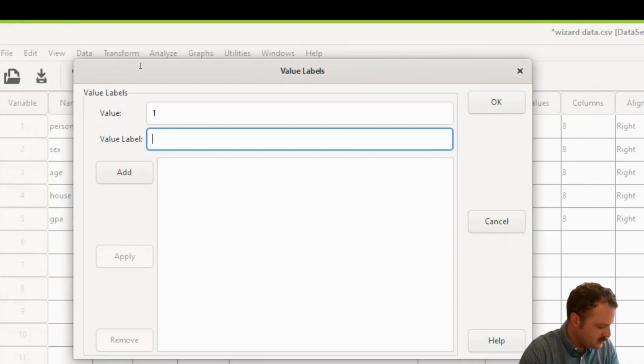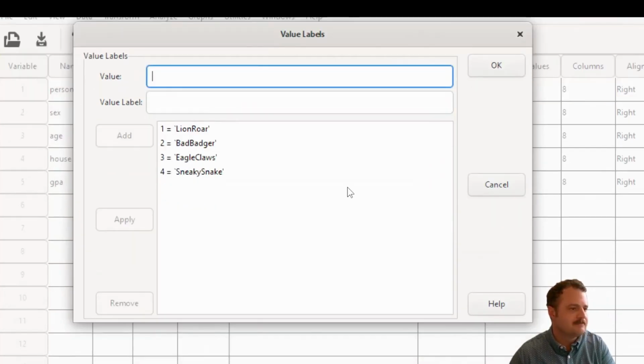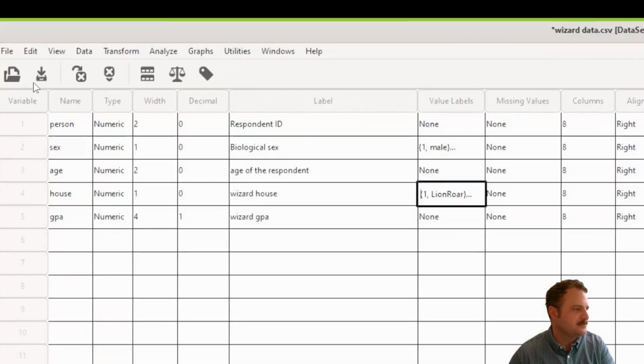So 1, this is going to be lion roar. 2, this is bad badger. 3, this is going to be eagle claws. And 4, that is our sneaky snake house. Sneaky snake. And then you click OK. And this will be nice because now when we run our analyses, we'll be able to see what group we're